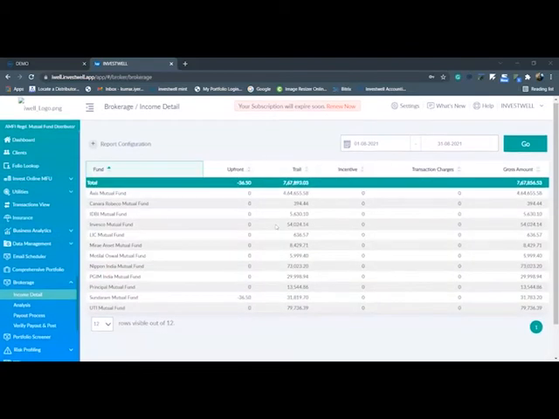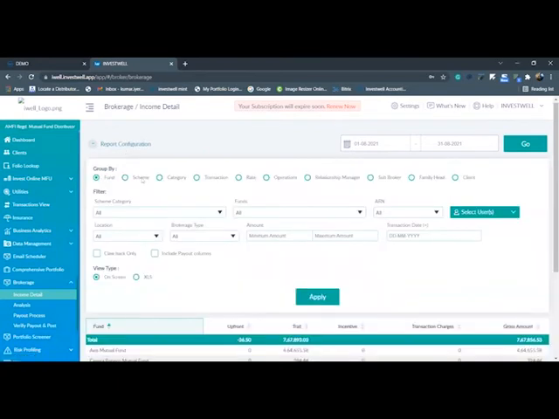So this way, as I have generated fund-wise brokerage, it will list down all the AMCs. For the month of August, whatever trail you have received will be highlighted here. For each individual AMC, it shows how much trail you have received and what the gross amount is. So you can tally this with your bank account for your reference. Similarly, you can generate scheme wise brokerage and category wise brokerage.